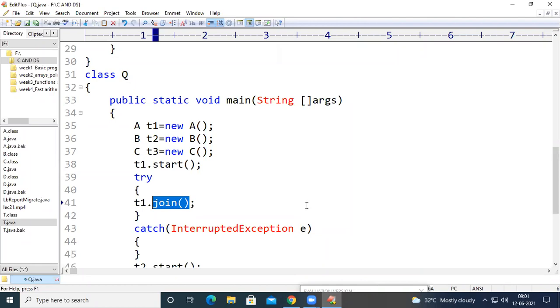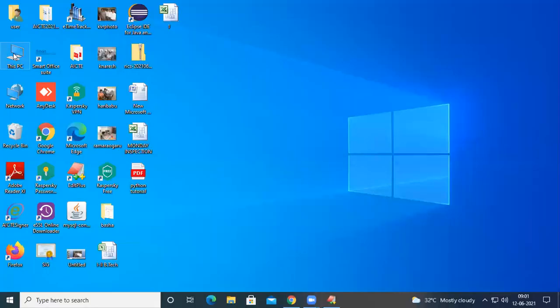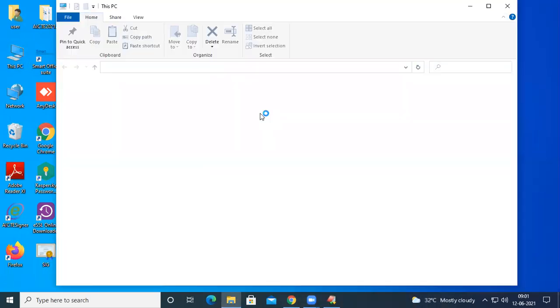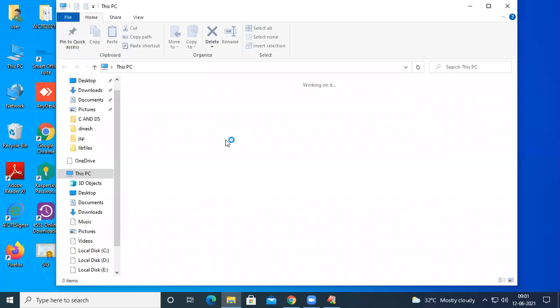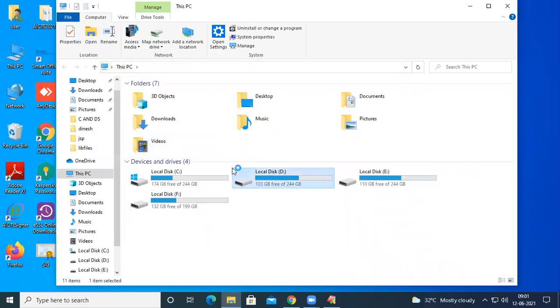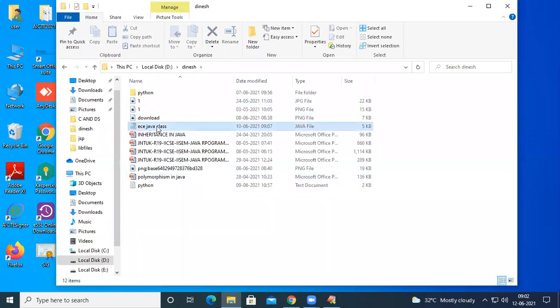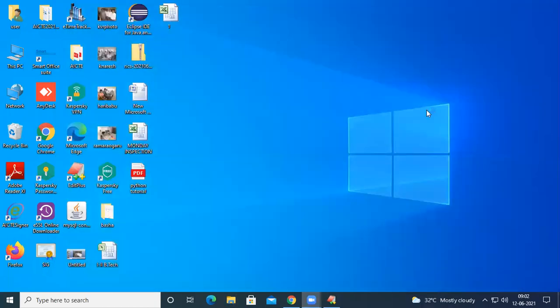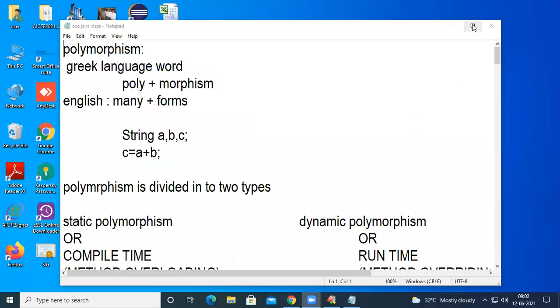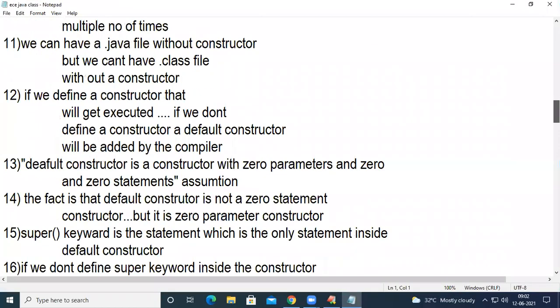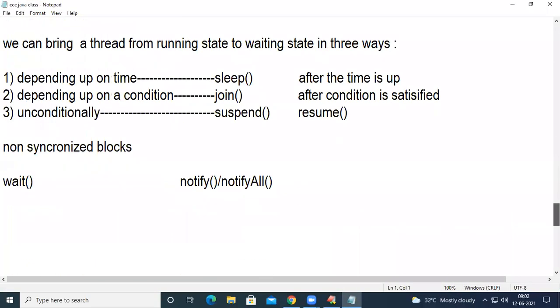Now we had seen that threads can be suspended in three ways: depending upon time, depending on a condition, and the third one is unconditionally. Among these three, we have completed suspending a thread depending upon time, and suspending a thread depending upon a condition.